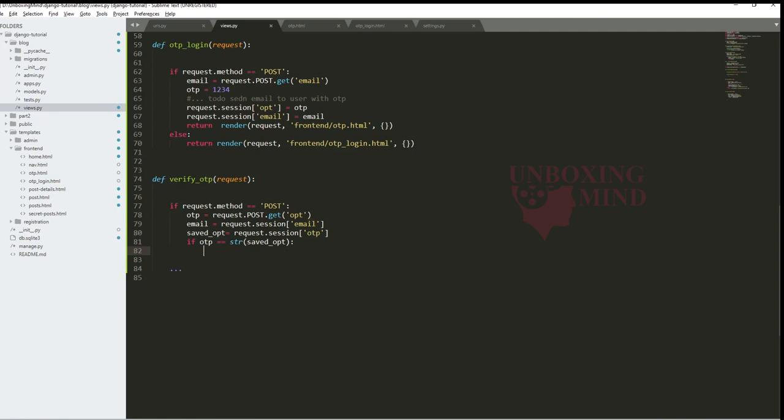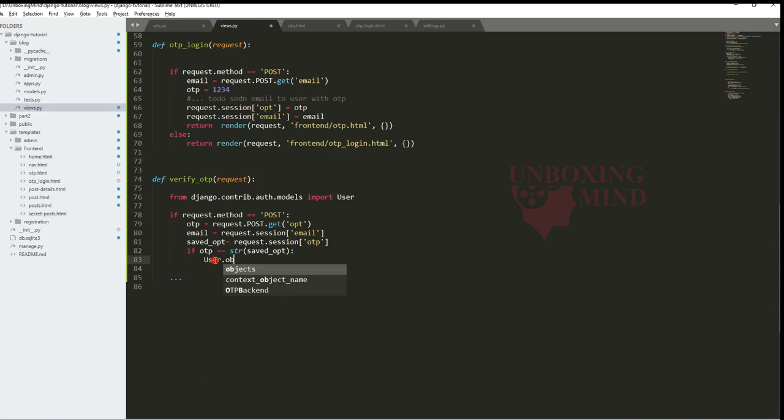So now our OTP is verified. Now our target is to retrieve the user, because the user is validated. So we need to retrieve the user from the database. So Django provides a model named User under the auth models module. So let me import that model from models here.